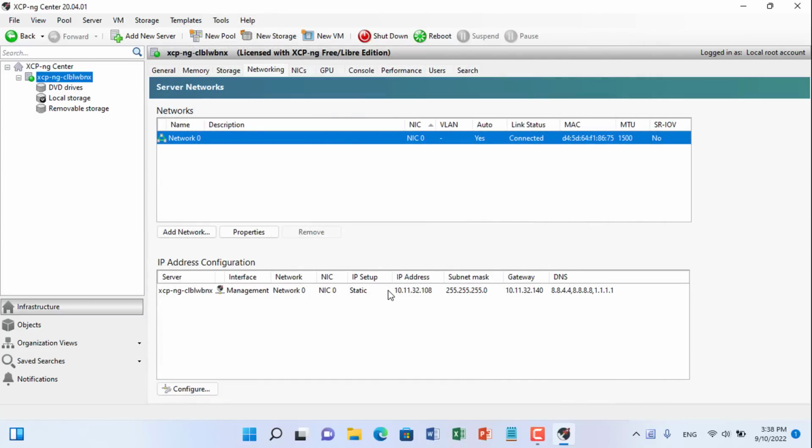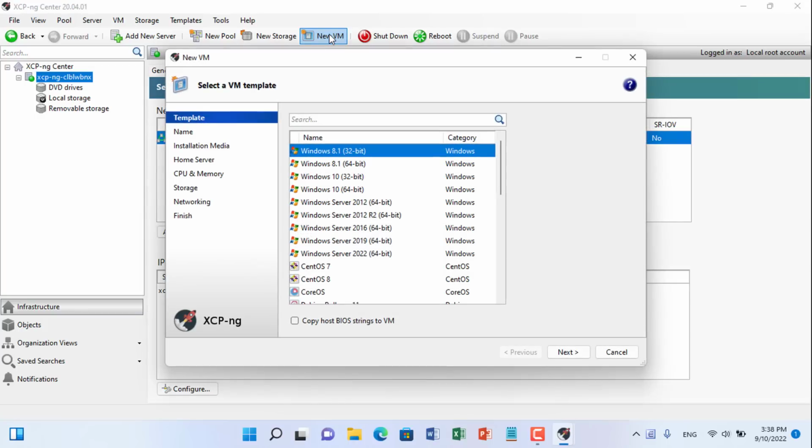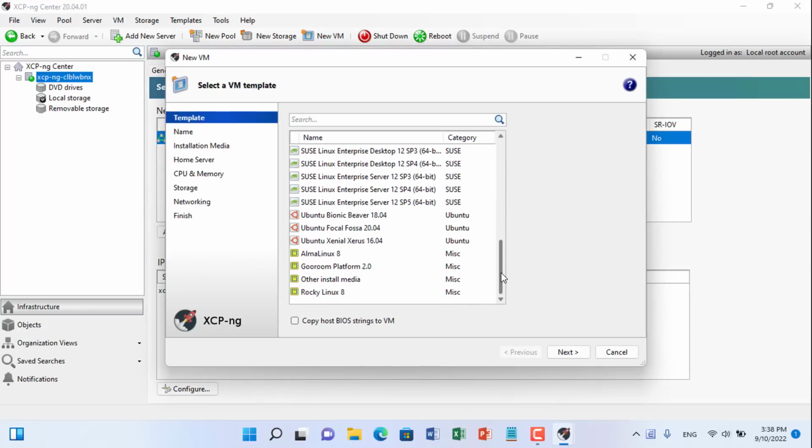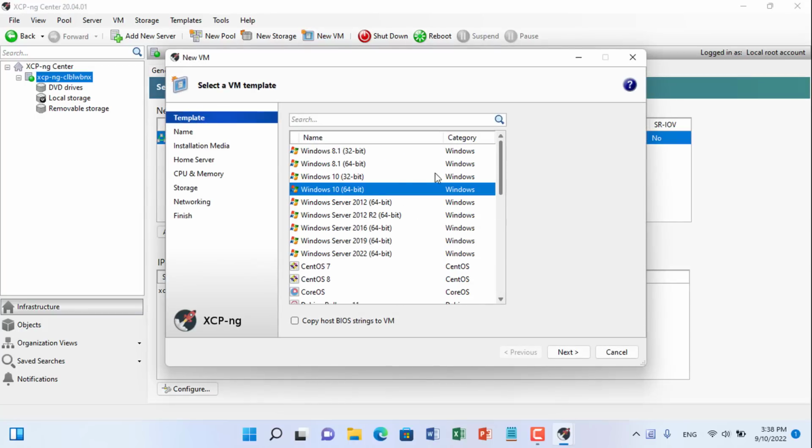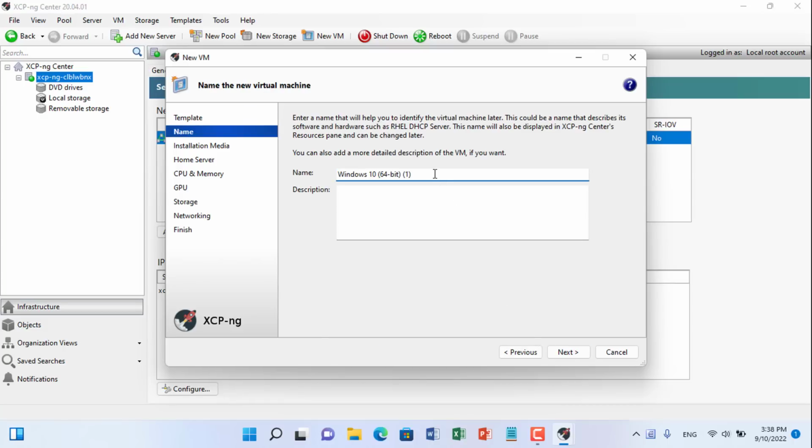The main purpose when building a virtualization server is to create virtual machines, and this is the step to create a new virtual machine. In this video, I create a new Windows 10 virtual machine. You can create a new Linux virtual machine in the same way.